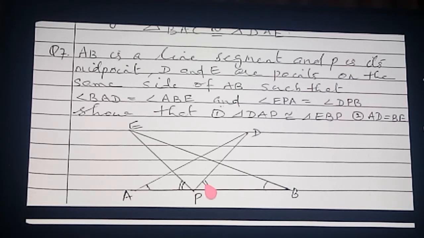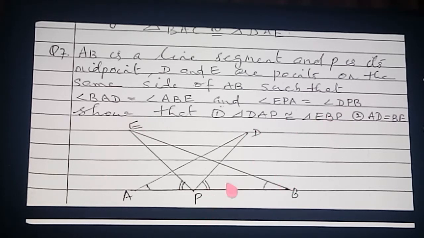Now what do you want to prove? Which triangle do you want to prove? Listen properly. Which triangle? Angle DAP. DAP. This angle. Triangle. Is that clear? That triangle, got it. And the next triangle which will come